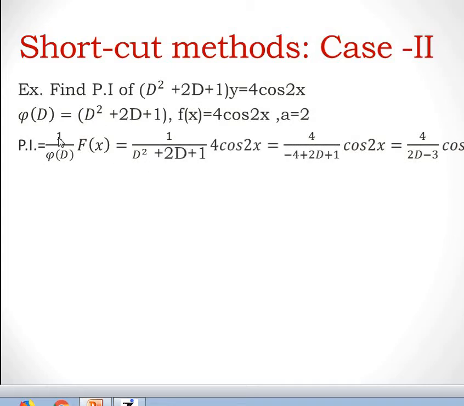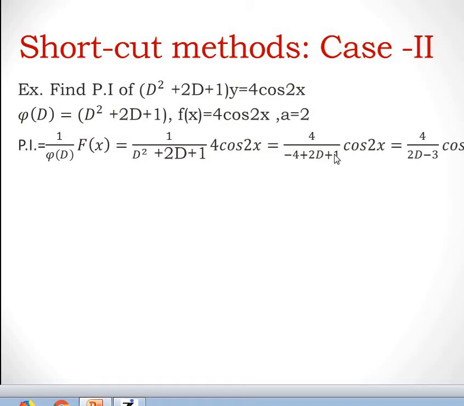So PI is 1 upon phi of D f of x. That is equal to, phi of D is D square plus 2D plus 1 and f of x is 4 cos of 2x. After putting the value, our expansion becomes this. Here we have to replace D square by minus a square. Here a is 2, so minus a square is minus 4. So we replace D square by minus 4. So that is equal to 4 as it is, 4 upon D square replaced by minus 4, so minus 4